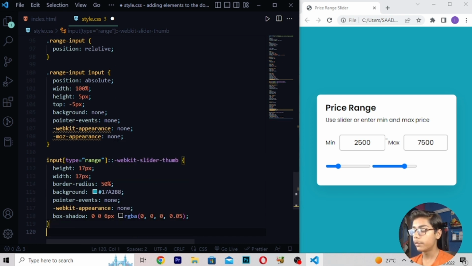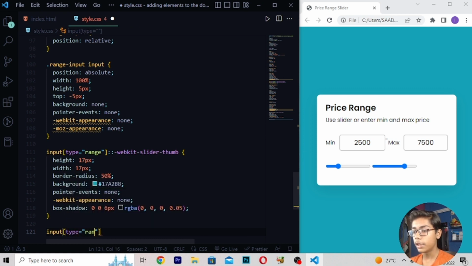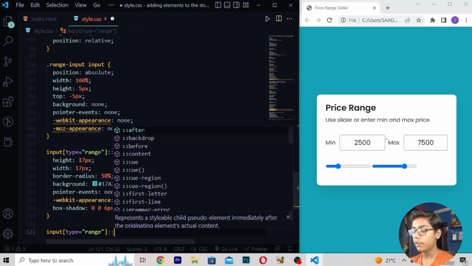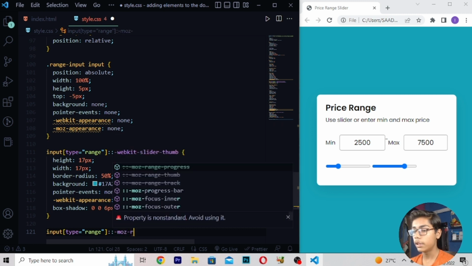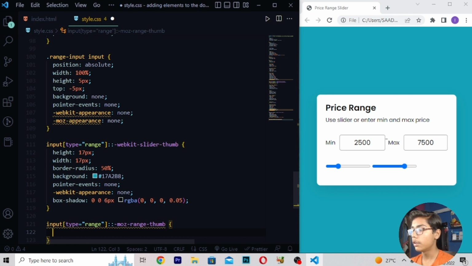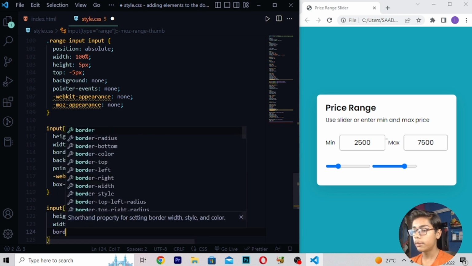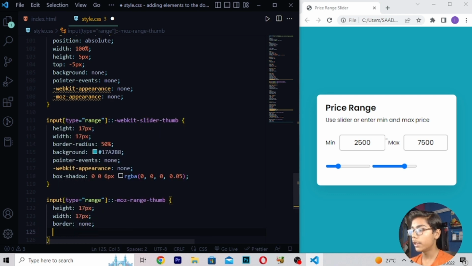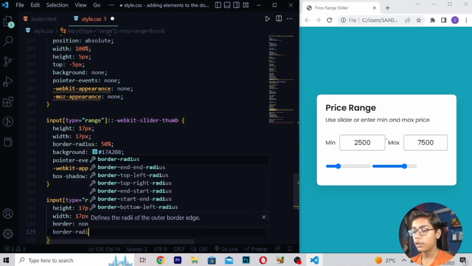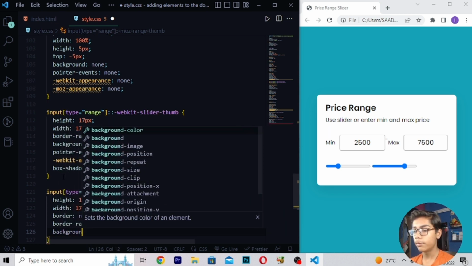Then I will be just moving down, right here input[type=range], then I will be writing ::-moz-range-thumb, then I will be just writing here height which should be 17px, width 17px, then border none, then border-radius 50%, then background which should be